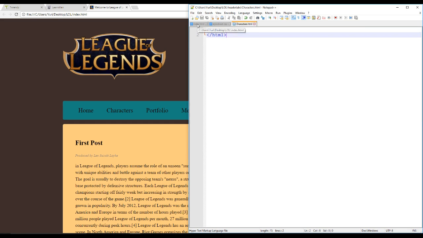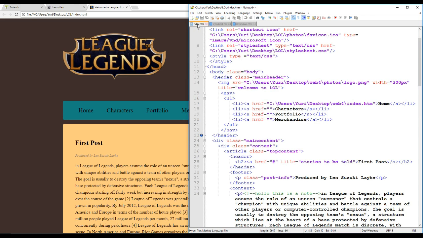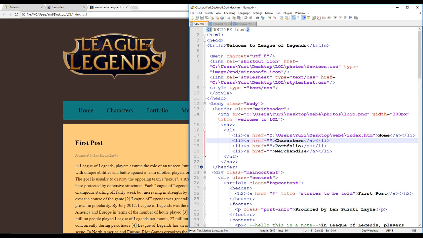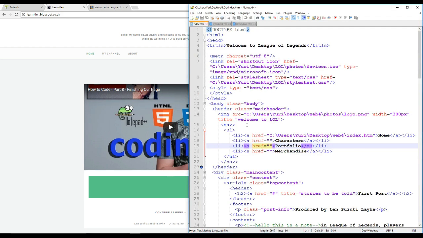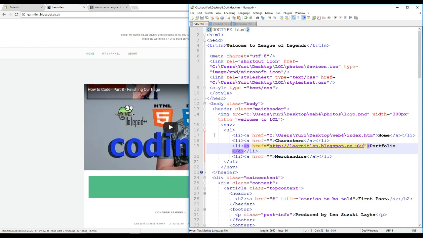Something I want to show you on our index page. So if you click here on our index page, if you remember, we had all these links for our header, and as you can see right here, it says characters. And in between the speech marks, you want to put in the address of whatever. But in this case, for my portfolio, just to show you how it works, you can just grab the URL, copy, go here, and you can select this, control and save,